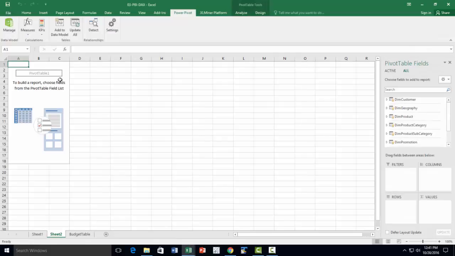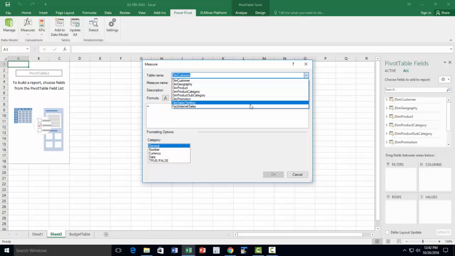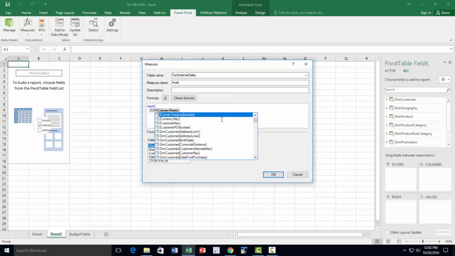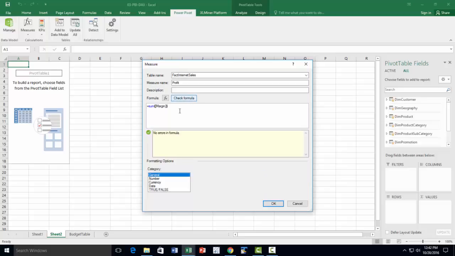Okay, let's create one more measure, and we'll do it from here. New measure. Okay, we'll change the table to fact internet sales. Measure name is, say, profit. And we want the profit to be sum of margin. Okay, so now check formula, no errors, set up format,